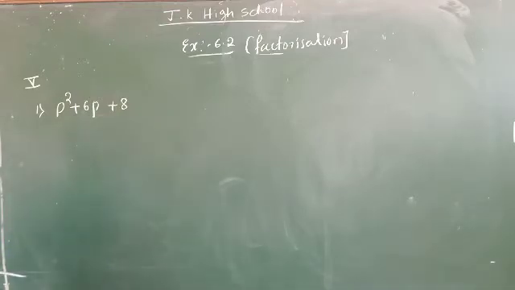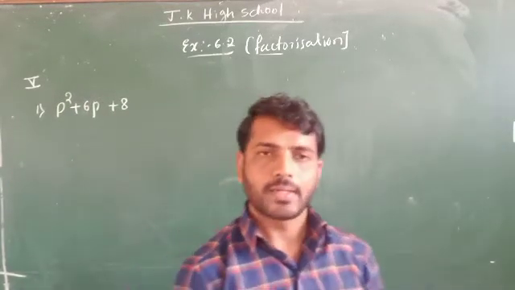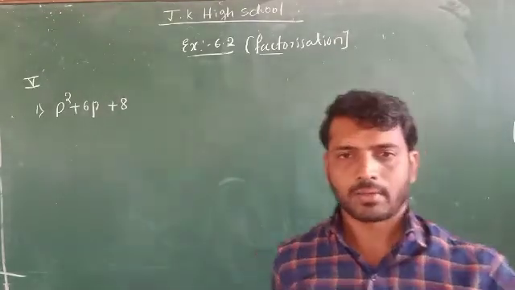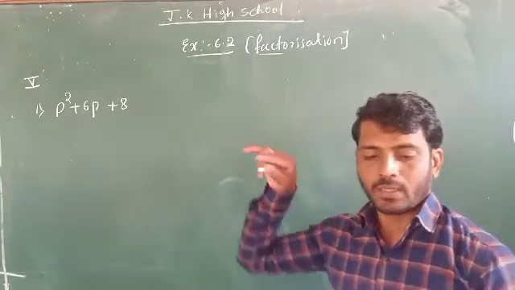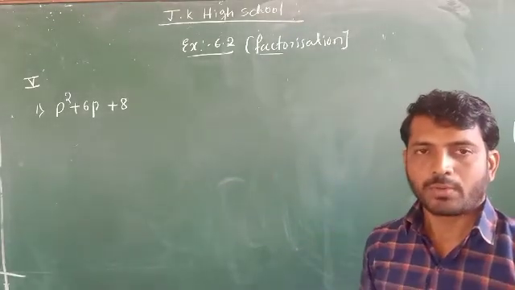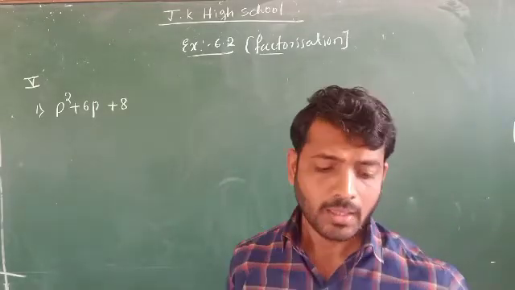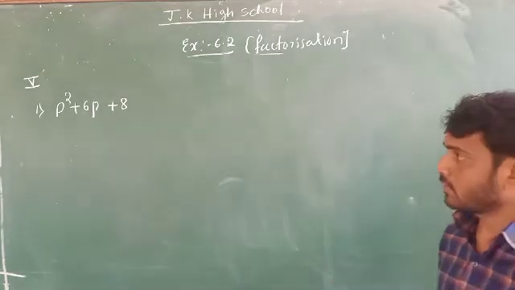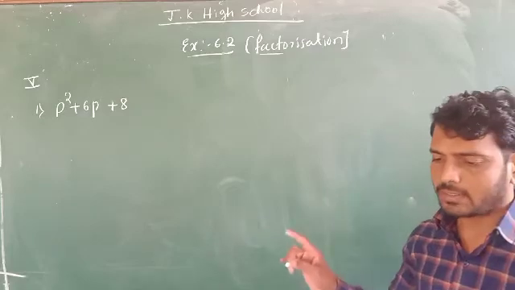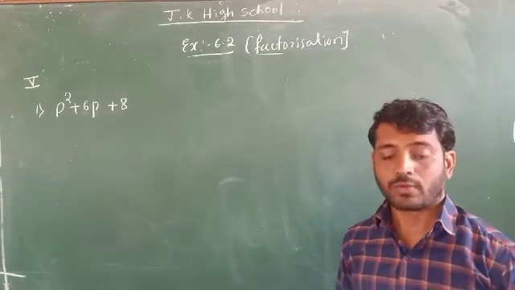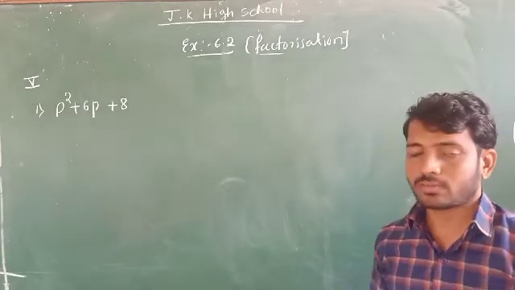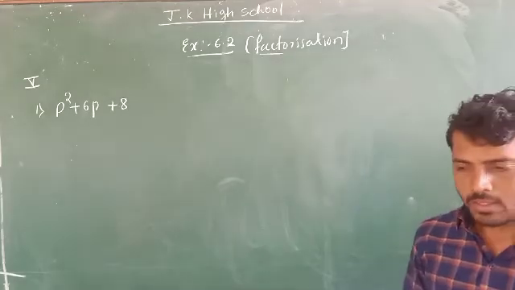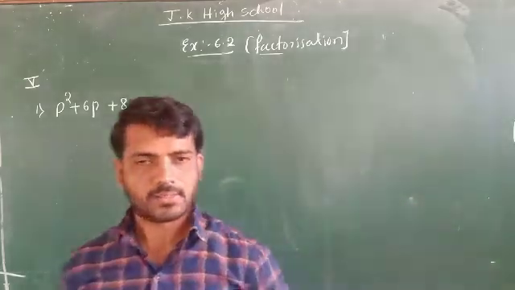Here we are not able to apply the identity (a plus b) whole square, because 8 is not a perfect square number. That's why we have to use a different method. Just practice this question because in 10th standard this question will repeat. For the annual examination, this question carries 1 mark, that is, find the factors. You are 8th standard, just practice it.